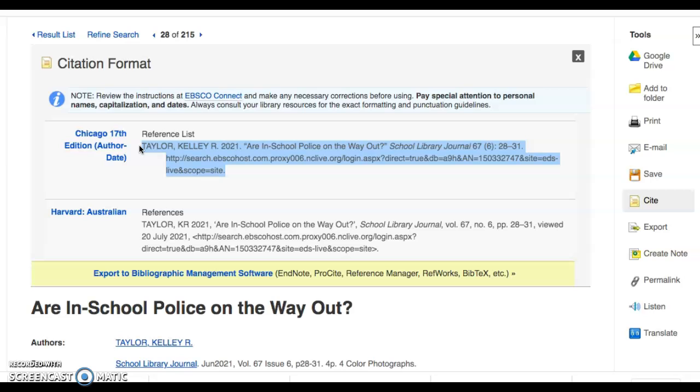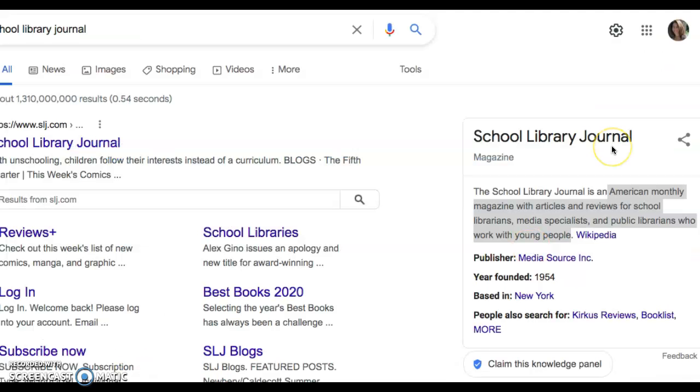Why would anyone create a citation if they don't have to? To speak to the credibility of your source, you could search and learn a little about it. So for me, School Library Journal is in fact a periodical coming out monthly, written and published specifically for librarians, those who work both in schools